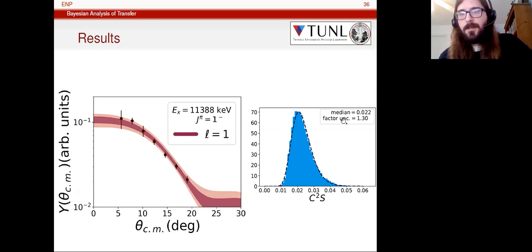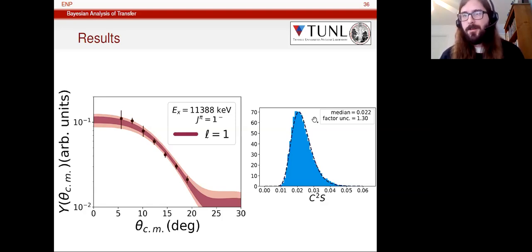So up here in the right corner, these are not fits to a log normal distribution. These are just the associated parameters of this data set. And the reason that I've put this log normal distribution, which is this dark blue dashed line here, is that the log normal distribution has something called the factor uncertainty, which corresponds very well to